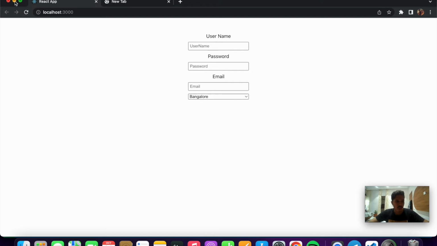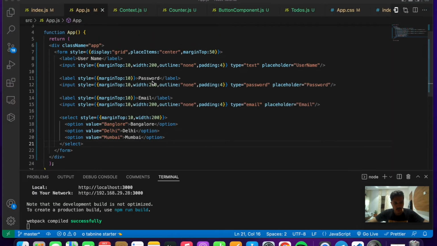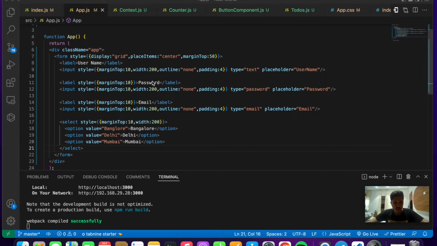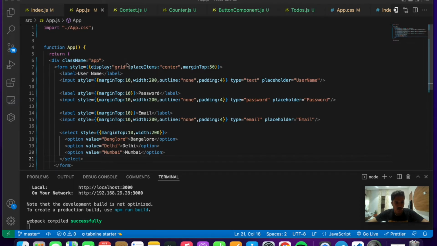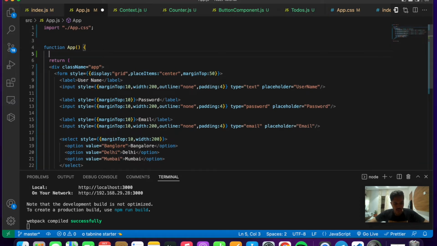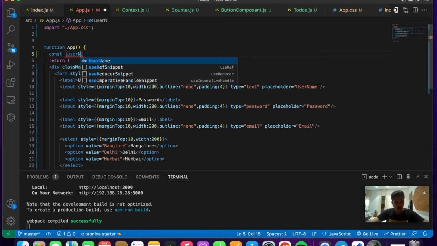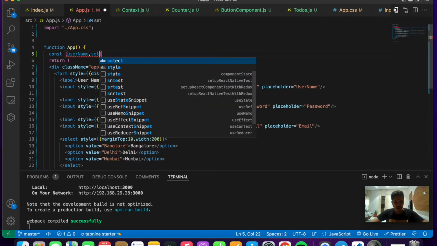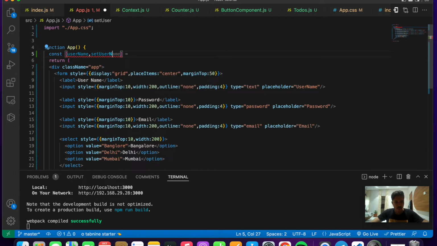So now let's implement in such a way that we are storing all of the values that the user is typing in the input field. So for that, we'll be making use of state. So over here at the top, let's first initialize the state values. So first one is for the username. So let's write const username, comma set username equals to useState,